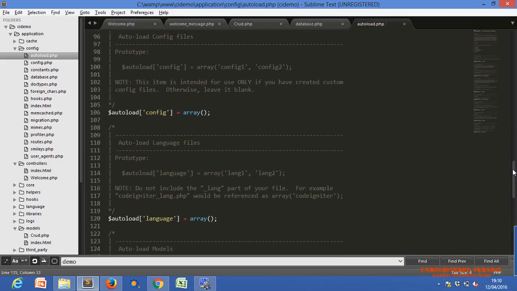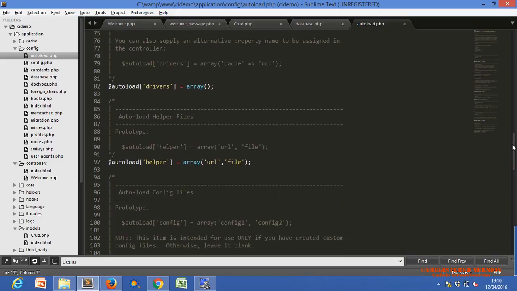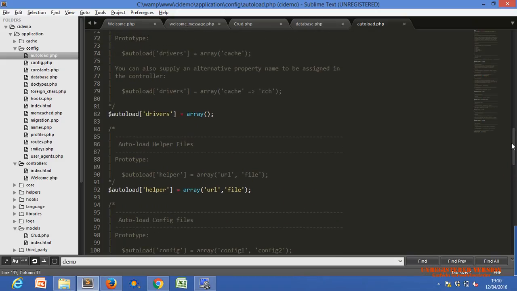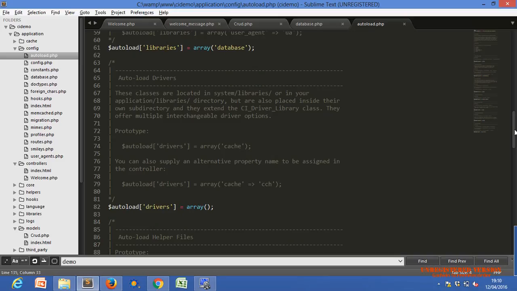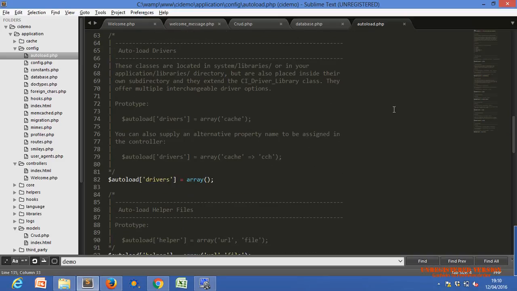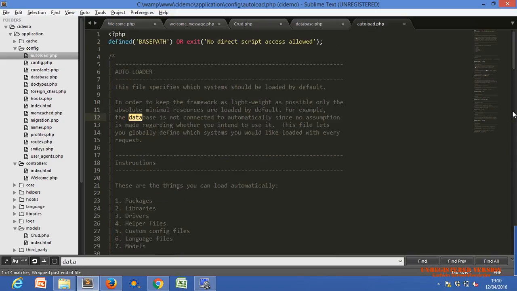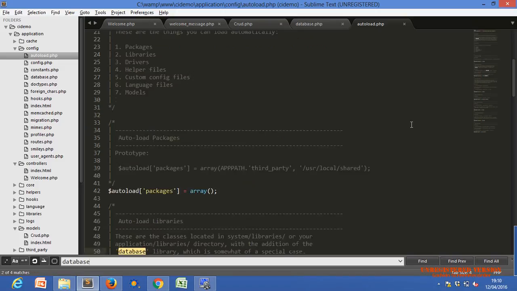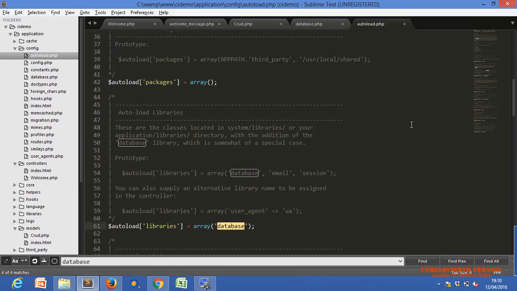You can see I just included a library here, database. With the help of this, we can use the CodeIgniter code about the database.